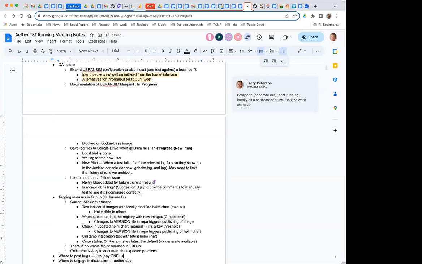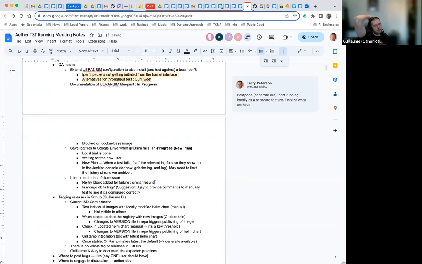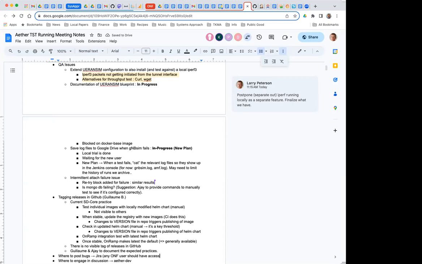They may not be able to update or edit them, but they can file tickets and read them. Yeah, but a bunch of people may want to use SD Core without having an ONF account, right? Yes. We have a few consumers who are using Ether or SD Core, and they do not have an ONF account.